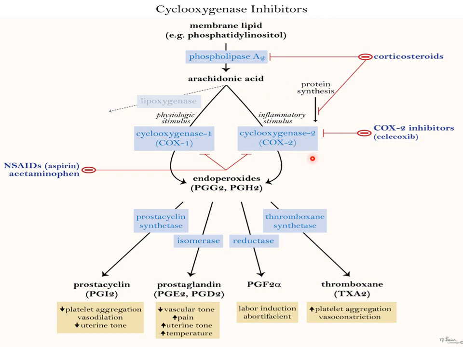So why is it important? In physiological stimulus, COX-1 is responsible for the protection of the GIT. That is the major use of COX-1. So if you inhibit COX-1, automatically the protective layer of your GIT is disturbed, and finally we observe gastric ulceration. So always our target is cyclooxygenase 2. Specific COX-2 inhibitors are more useful nowadays as non-steroidal anti-inflammatory drugs. That is the major mechanism of action of anti-inflammatory agents.